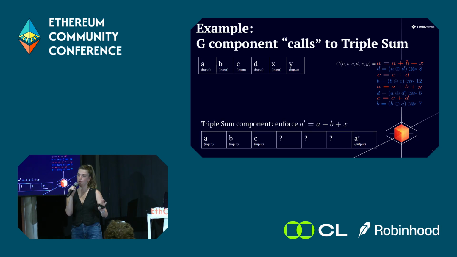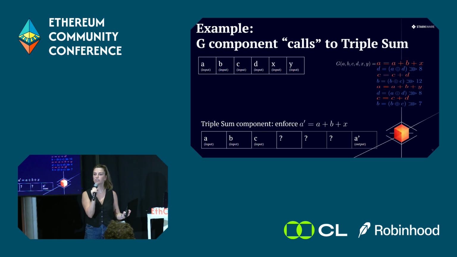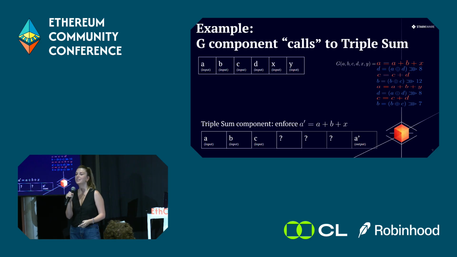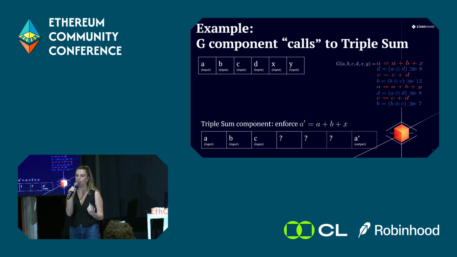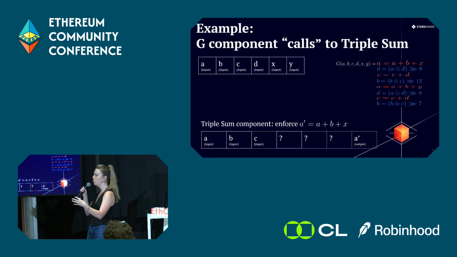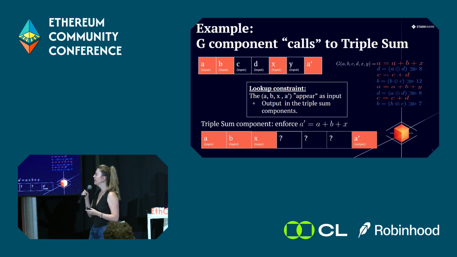Now, let's assume that we have a different component called triple sum that enforces that the last column is indeed the triple sum of the first 3 columns. I put here some question marks because I don't want to dive into the full implementation. It's not that trivial, but let's just say we have this component and we know that the constraints actually enforce this claim. So what I will do, I will write down A to the caller trace and add something